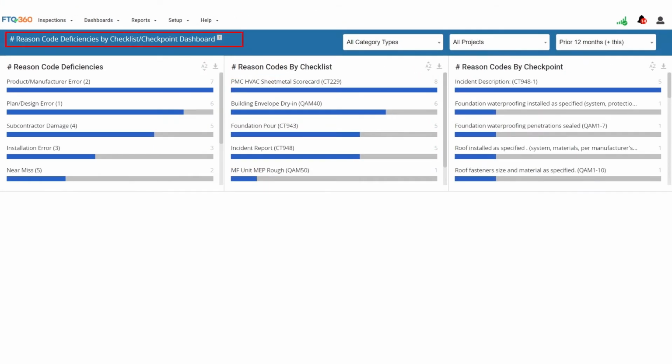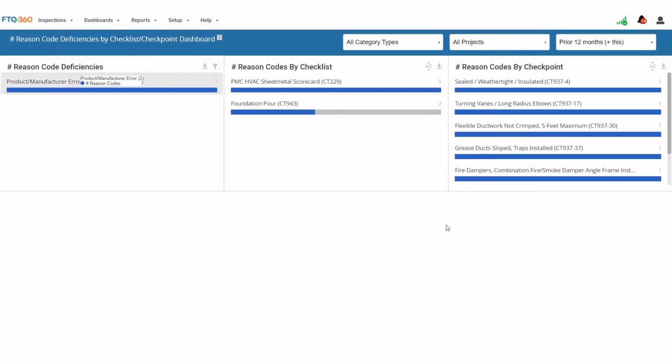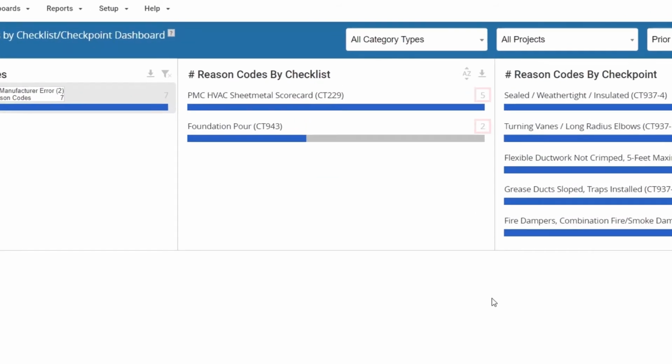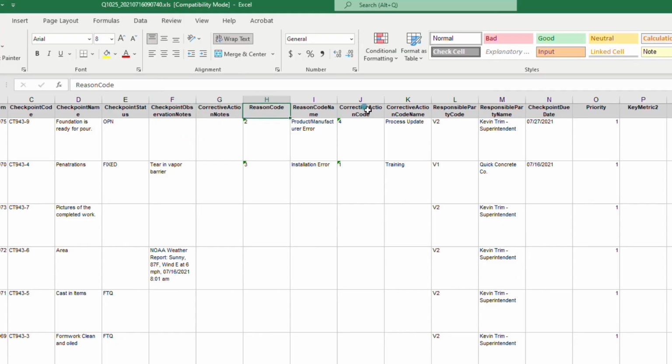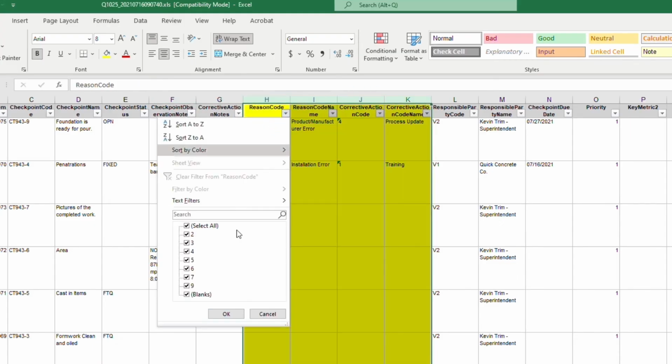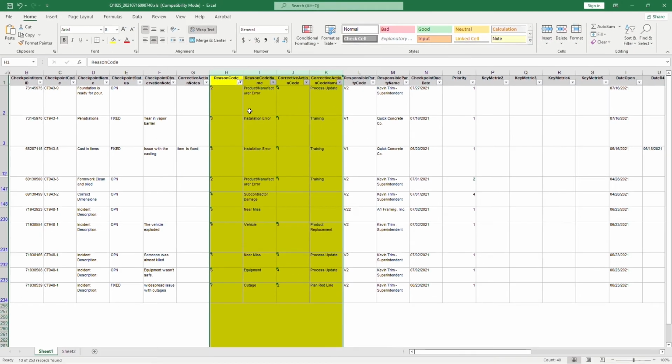The reason code deficiencies by checklist/checkpoint dashboard allows you to drill down into a reason code to see how many occurrences there are per checklist and per checkpoint. By using reason codes and corrective action codes, you can group past deficiencies together to see how often a type